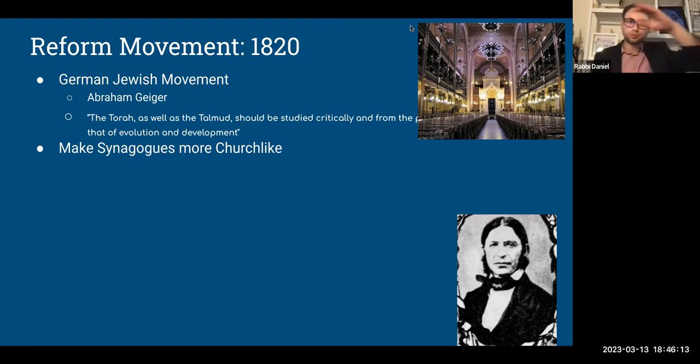I'll take a step back. There are many other things in Jewish history that you can view as reformations. The Talmud, I think, is best thought of also as a reformation. It was, again, a group of leaders coming around and saying, we need to completely reform our ideas about Judaism and how to practice and all of these things to fit growing sociologic need, right? It doesn't mean that all reforms are good or bad, but